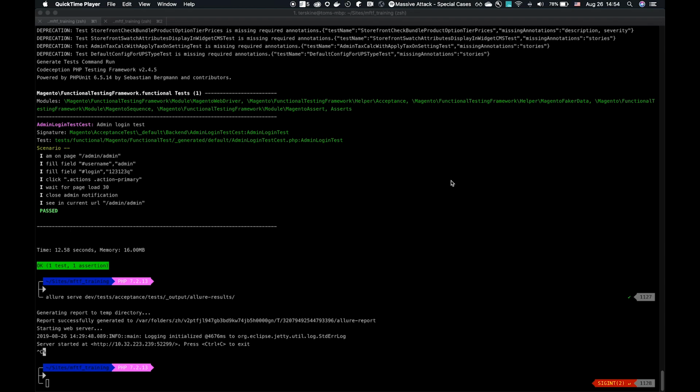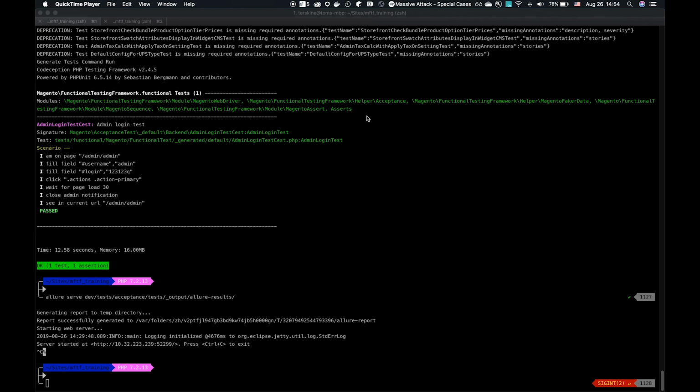Today we'll be looking at test output and reporting, how that can be useful for us both as an output mechanism of tests to actually test the application, but also to make our own tests and make sure we can write those reliably. So, as we'll see here, I have run our admin login test, and you'll see what we